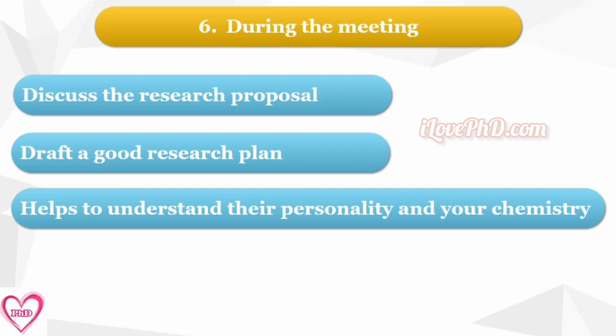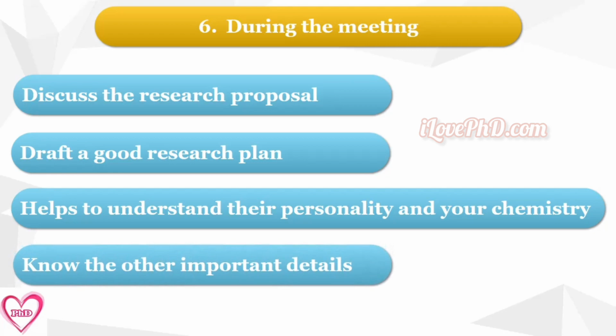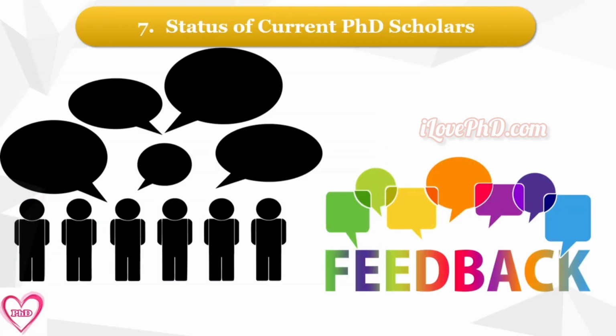Also, it is good to know other details like if they are planning to retire or change institution, because that could affect your research later down the line. You should have a supervisor who is going to stick around for the duration of your PhD. Find out what sort of research work the supervisor is currently involved in. You can normally see a list of current research scholars on the department website. You can get feedback from them regarding the supervisor's methodology of guidance.